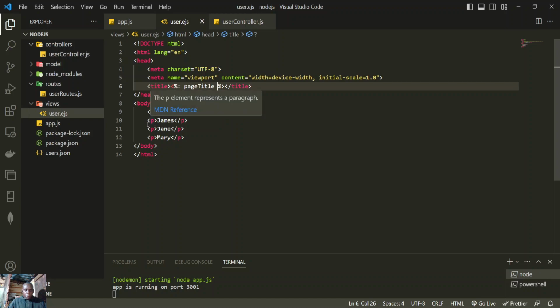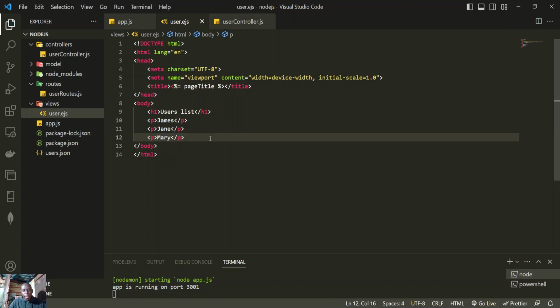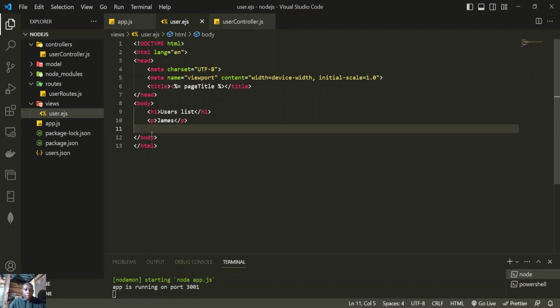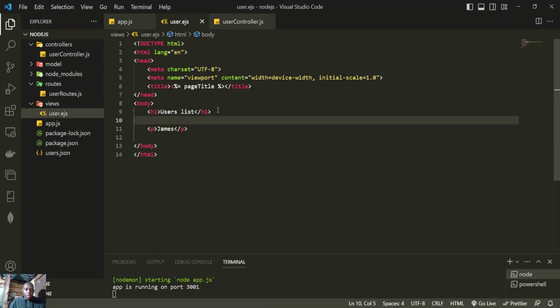Now, as you can see, if you have maybe 1,000 users in the list, it's going to be tedious and repetitive to keep writing another p tag after the p tag like that. So to be really efficient, you need to just use one p tag and then loop the list of users in there. That way the template is going to re-render for each iteration of the loop. So for here,